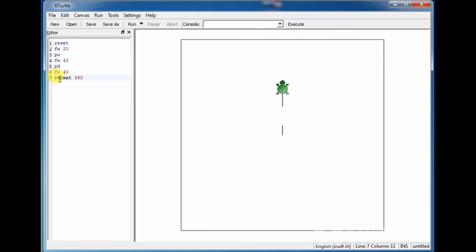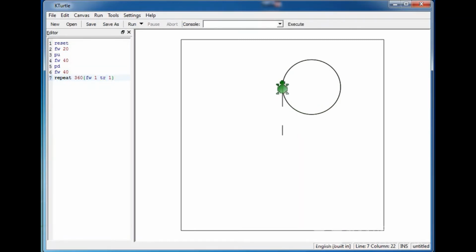Okay, 360, then bracket, again FW command 1, means circle have only 1 point, TR 1, only turn right 1 time, finish. Again click run button. Now you can see how we can draw the circle.